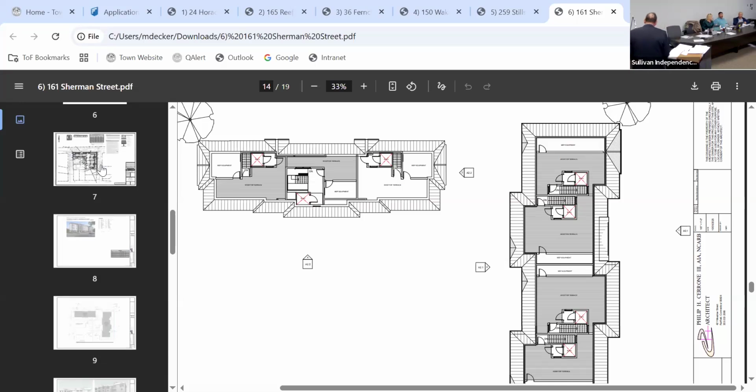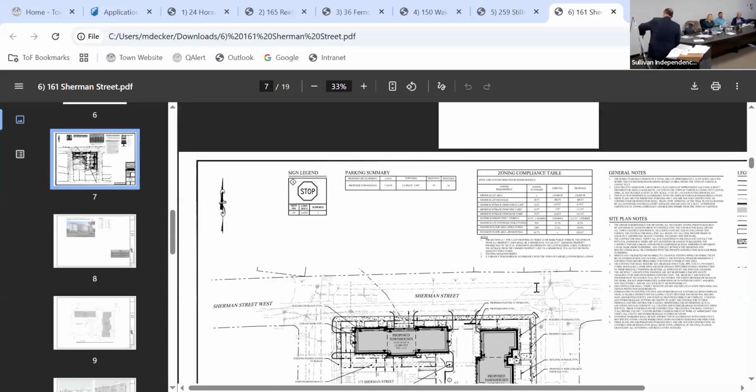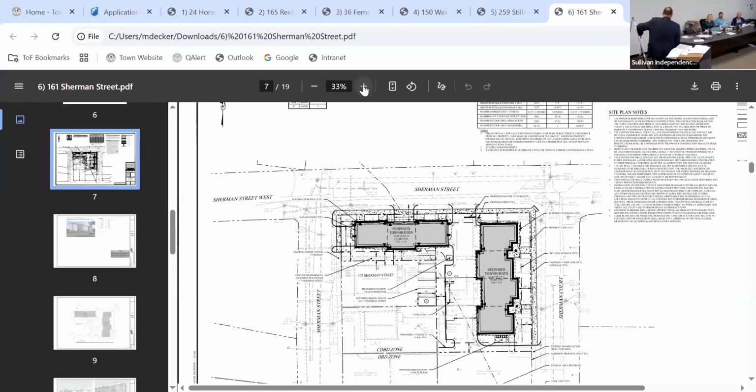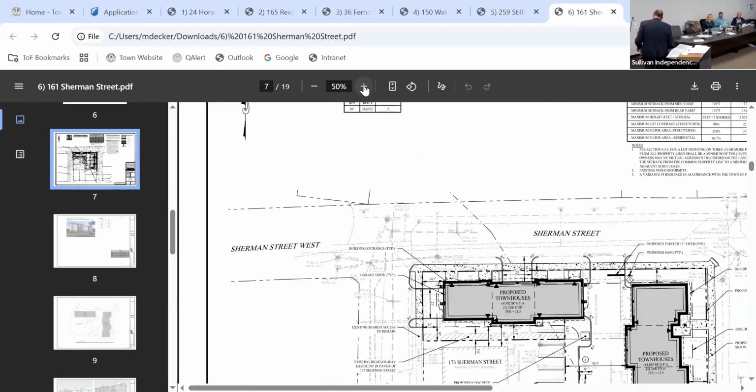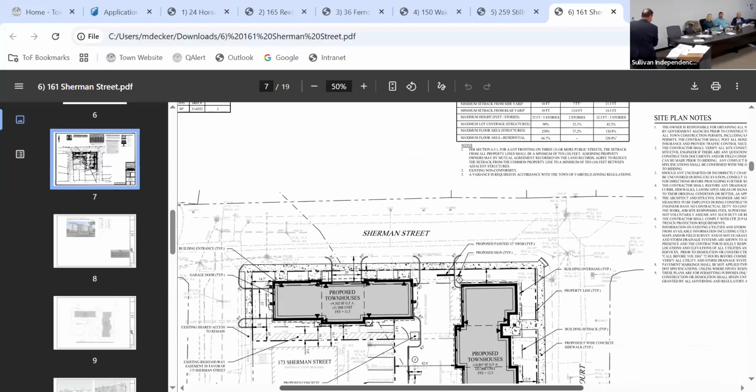Now, why would it have to be 6.5 feet? What's very unique is it only relates to the building on Sherman Street. The building on Sherman Street sits next to an office at 171 Sherman Street. They have a shared driveway. Basically, there's an easement of 5 feet on each property. In this zone, you can have setbacks of 0 feet or 10 feet.